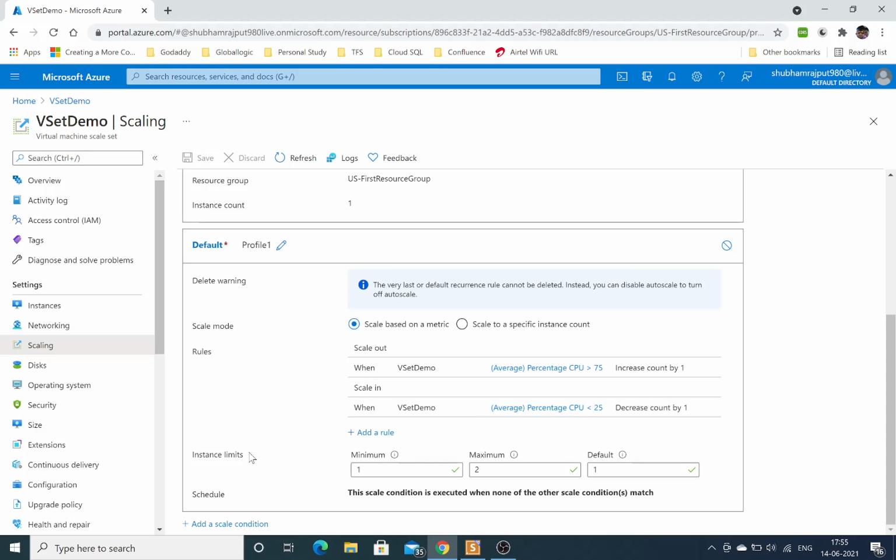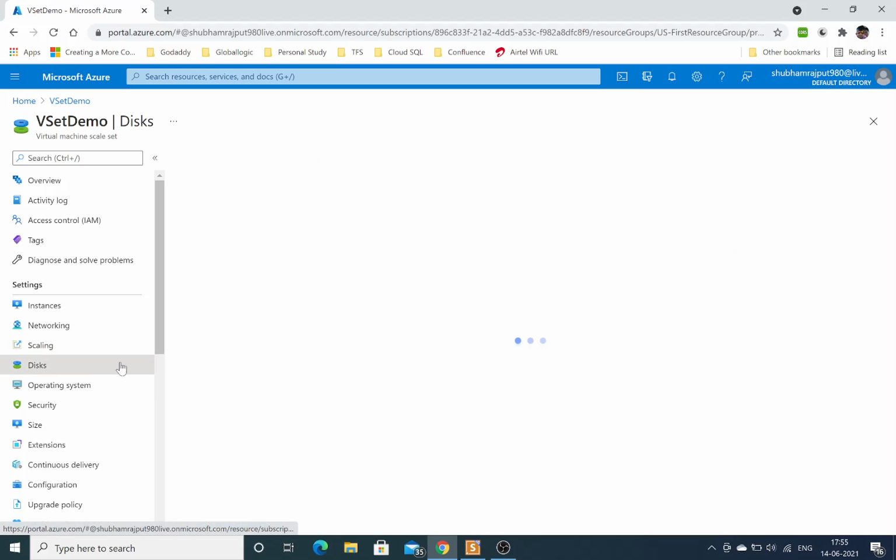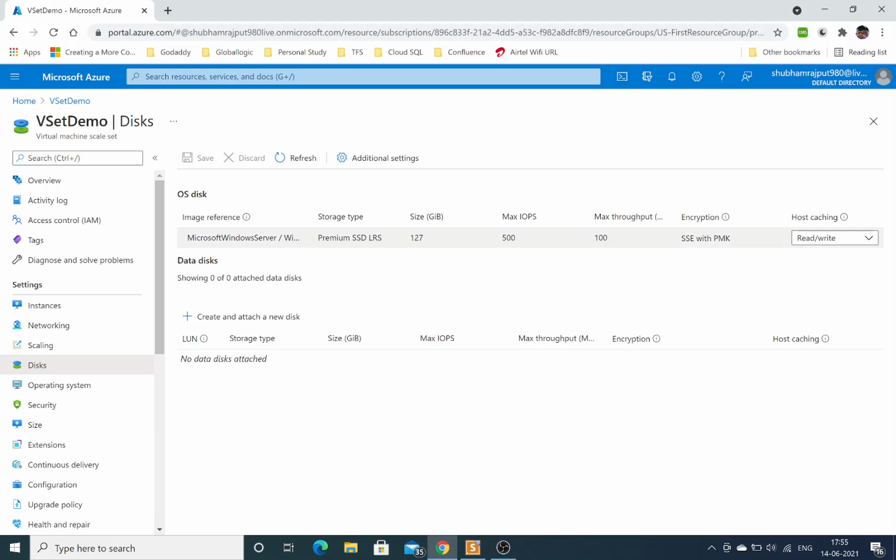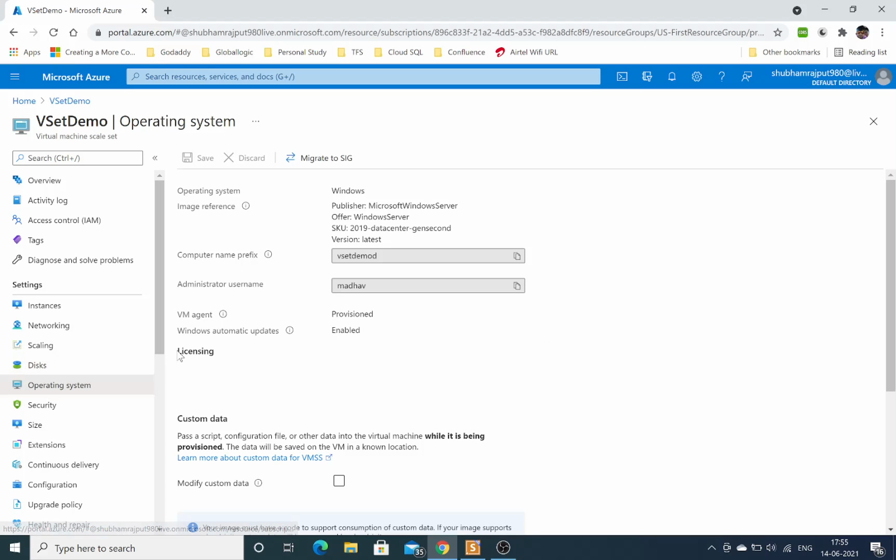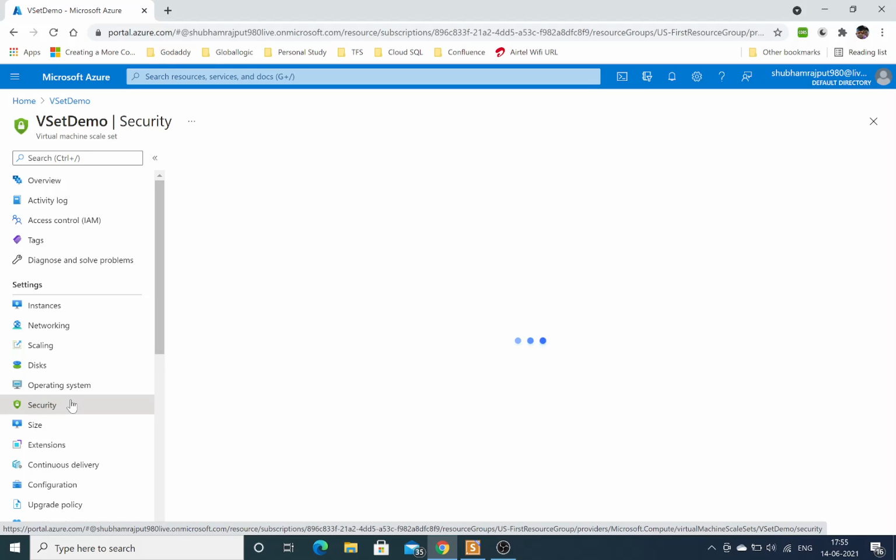You can change these rules and this profile also. Disks: operating system disk and shared disk information you can set or check from here. Operating system information shows which operating system is currently used, 2019 is running.